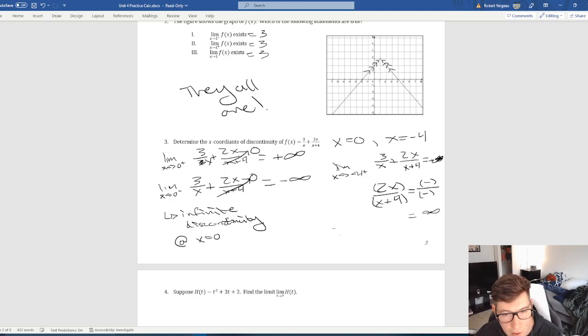Again, let's take a look at from the left. Again, we're really just zooming into 2x over x plus 4 here. Again, I'm going to be having a negative over a negative. Again, I'm going to be given a positive. So the limit's going to be there and the limit's going to exist. However, the function value itself is going to be undefined. And so, again, what we're actually going to end up having is that infinite discontinuity